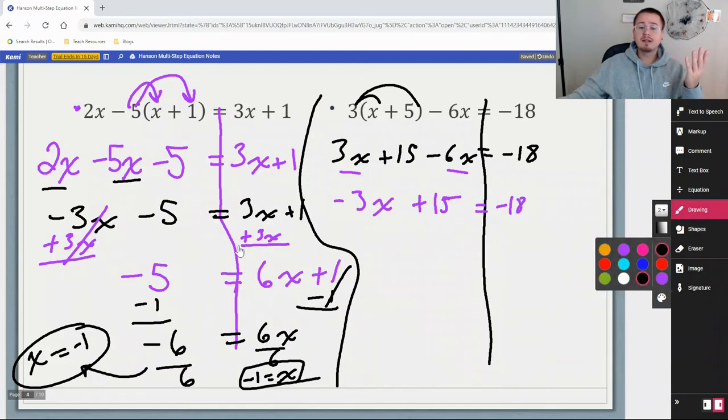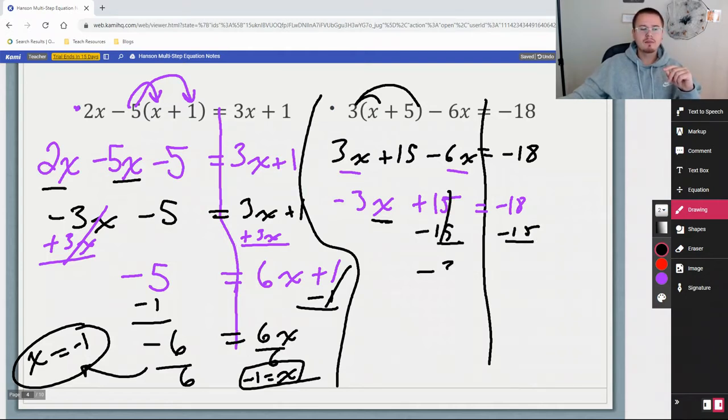It's a two-step, guys. I know you can do this. You got to say, okay, I got to get this x by itself. What do I do? I got to get rid of the negative 3, but that's multiplication. Got to get rid of the 15. Get rid of the addition first by subtracting on both sides. Don't get scared by some negative numbers. Negative 18, spent $18. Negative 15, spent $15. You spent $33. And at this point,